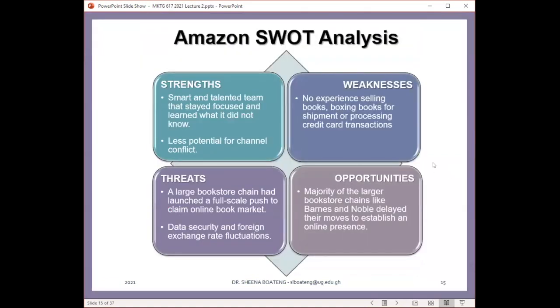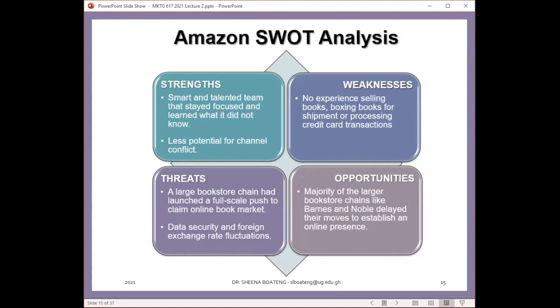Now, this is a SWOT analysis for Amazon way back in the day before they became the huge international giant that we know today. So Amazon started out as a group of smart, talented young people in tech who had a dream, right? And they knew that they wanted to take advantage of an opportunity they had identified, right? But they first of all had to start by looking within to see what strengths and weaknesses they had in relation to going after this dream that they had spotted in the external environment.